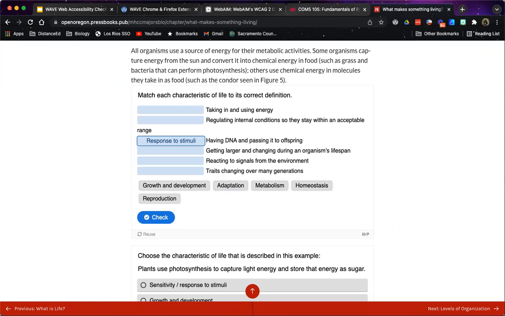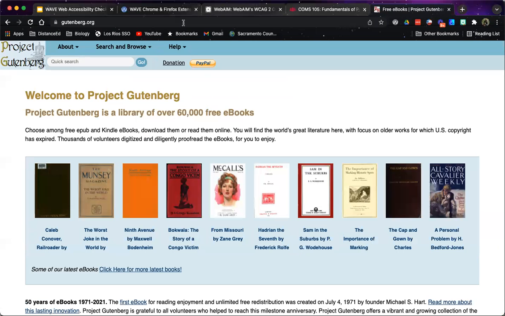Okay, so I have, let's see, I'm going to put this particular one in the chat, and I'm also going to show you guys, I'm not actually going to run the text, but I wanted to share Project Gutenberg with you. It was not on my list at the beginning, but it is a really fabulous resource, because the content in Project Gutenberg can be downloaded in multiple